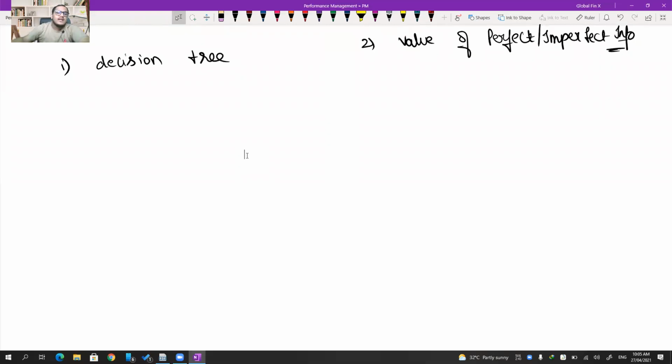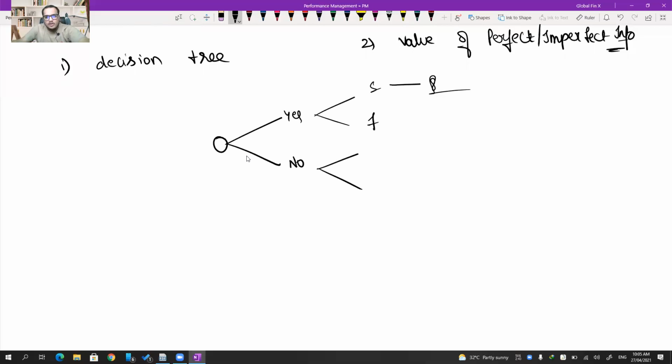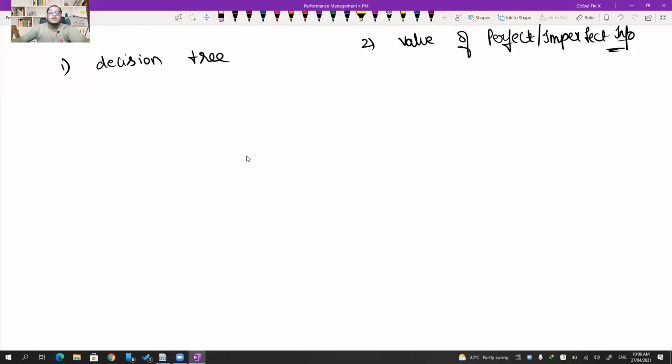What we do is we create certain decision points or decision nodes, and at each point you have a decision either to take yes or no, or else good or bad, or whatever it is. You have two or more possible situations, and for each of these possible situations you might have alternative outcomes: success, failure. If success, what is the net profit, or if failure, what is the net profit. Like this I can have different situations, and I'll plot them onto a chart, and then at each node, I'll take a decision based on the expected values. Okay, it's pretty straightforward, nothing much more than that.